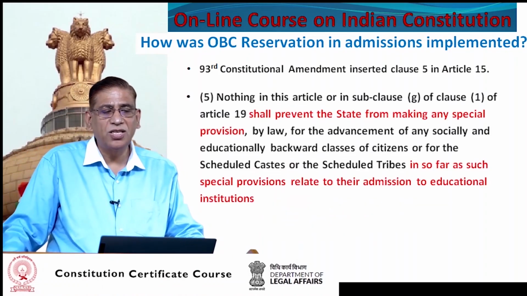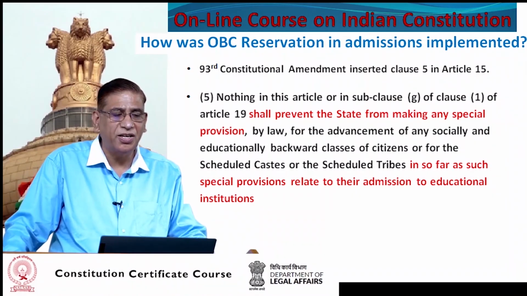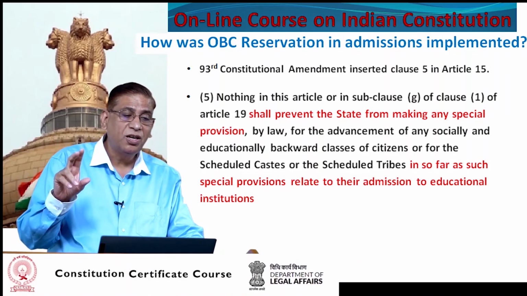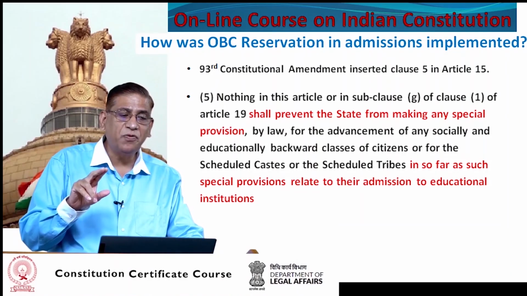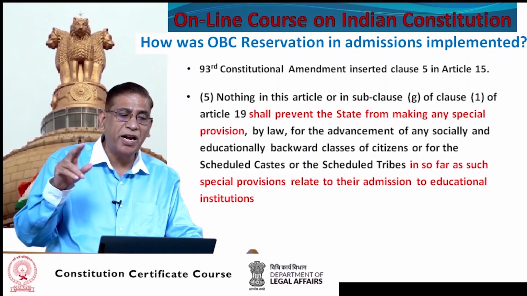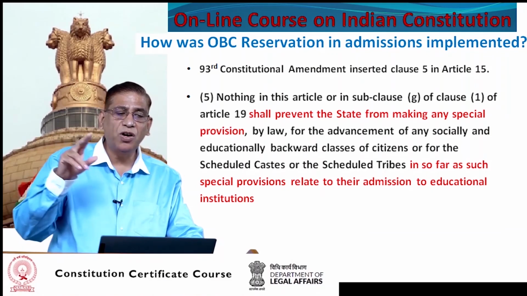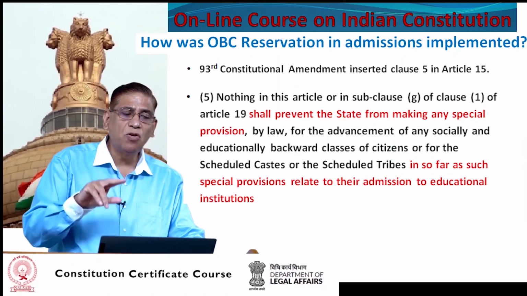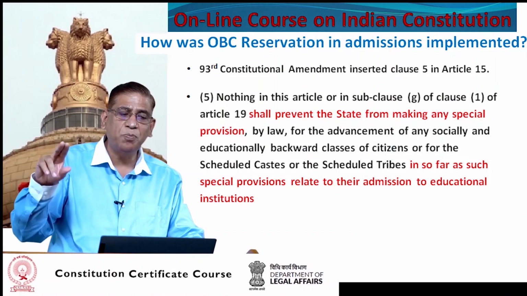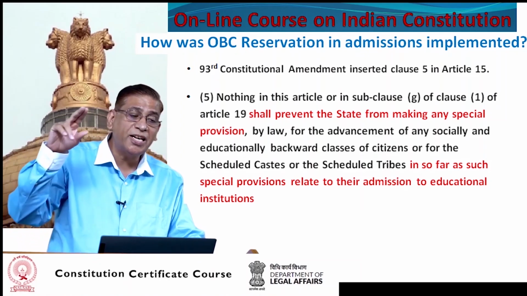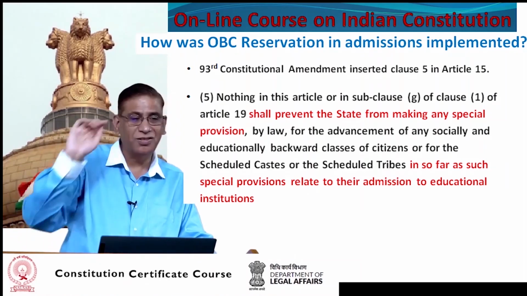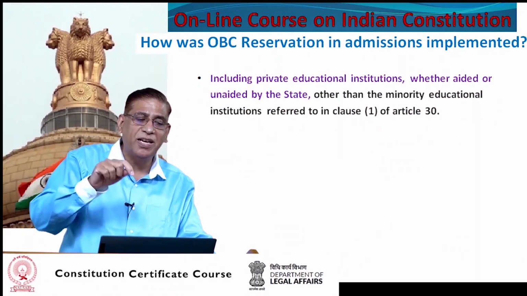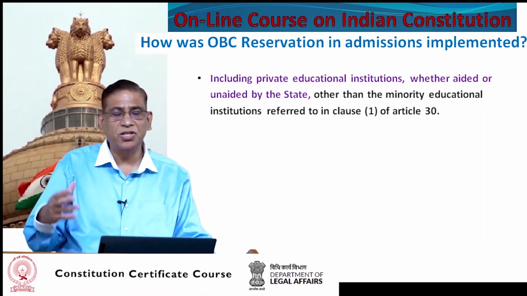Nothing in this article or subclause G of clause 1 of Article 19 shall prevent the state from making any special provision by law for the advancement of any socially and educationally backward classes of citizens, or for the scheduled castes or the scheduled tribes, in so far as such special provisions relate to their admission to educational institutions, including private educational institutions, whether aided or unaided by the state, other than the minority educational institutions